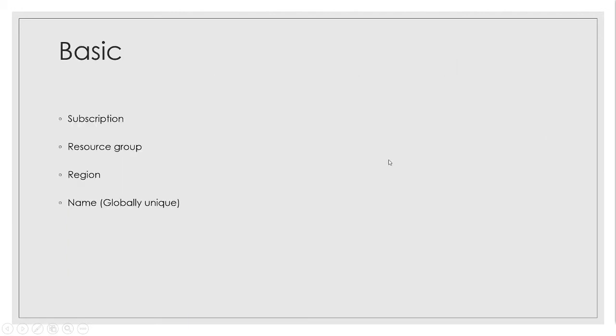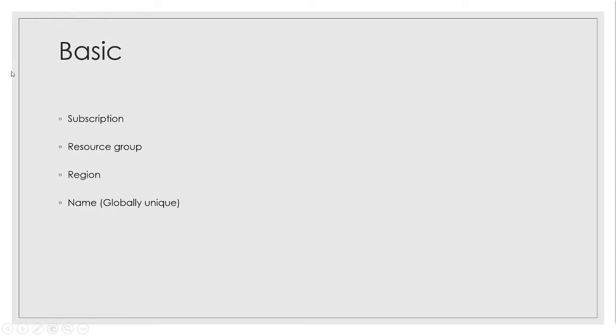Coming to Azure IoT Hub creation, you will have 4 tabs, of which the first tab is Basics. In the Basics, you'll have to select the subscription, resource group, region, and name. One limitation is that the name should be globally unique. If a person in another country has created an IoT hub with some name, IoT hub 01, then we will not be able to create a different IoT hub with the same name.